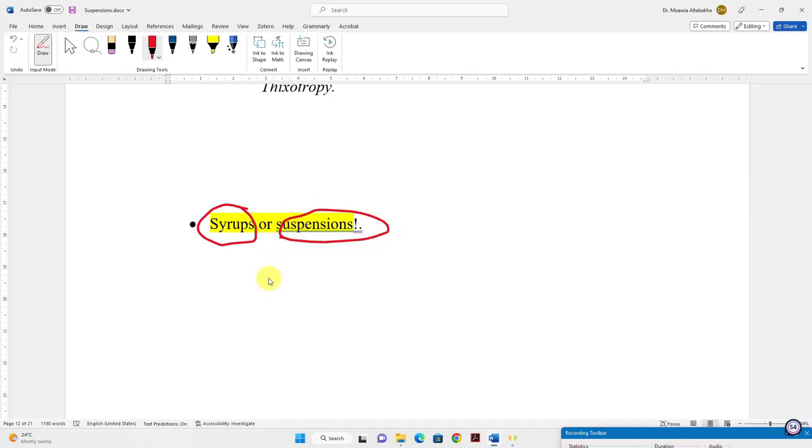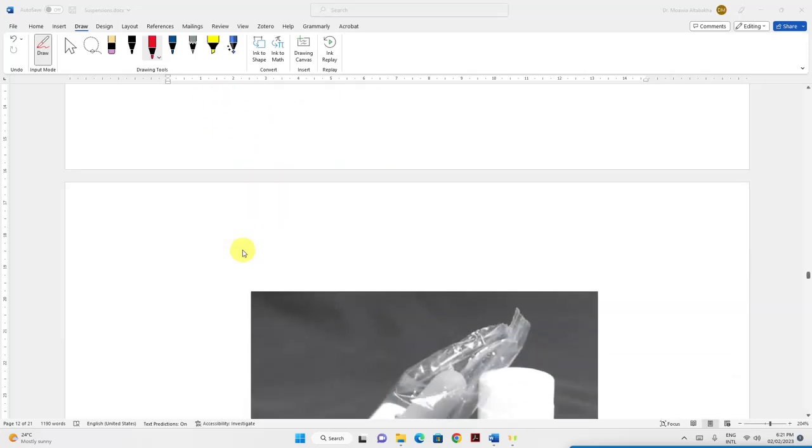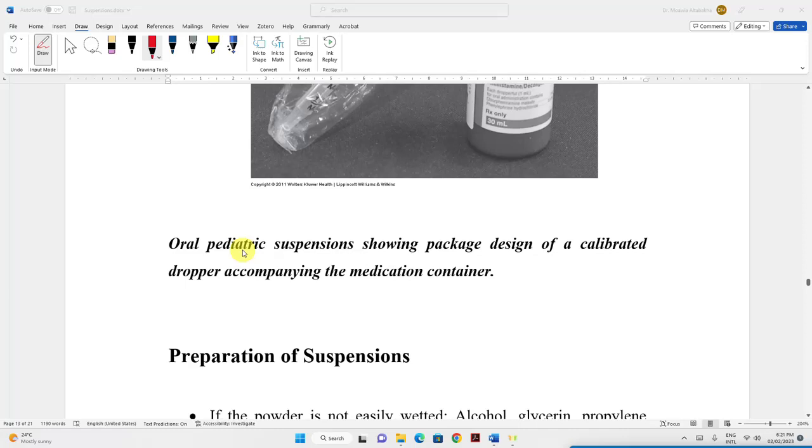Okay, that's why sometimes you might read or see on the package, this is syrup even though it's suspension. And you remember how we defined syrups. We said syrups are aqueous preparations, they are solutions. But how come we call suspension syrups? We call them syrups when the taste of the suspension is sweet, such as when we have products for babies and children. Even though they are in reality suspensions, we call them syrups because of what they contain, and they contain sugar in a good amount. Okay,